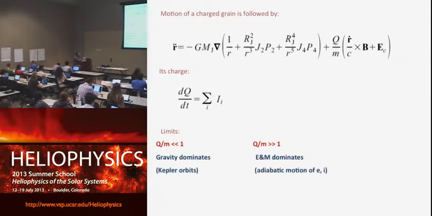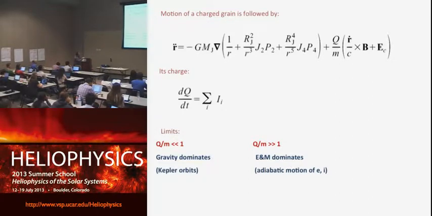For a dust particle, of course, the charge is different, the mass is different, but the motion would be identical or similar to what you expect for an electron and ion. In addition, you will have to add gravity. I chose to write it down in a complicated form. If it were a simple 1/r potential, you could stop here. Typically for planets that we worry about, Jupiter and Saturn, there are other terms,